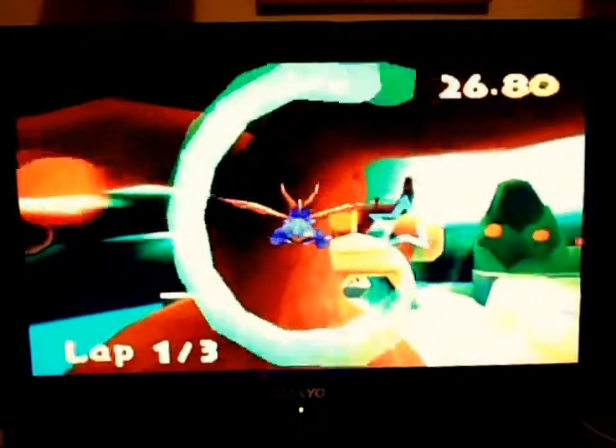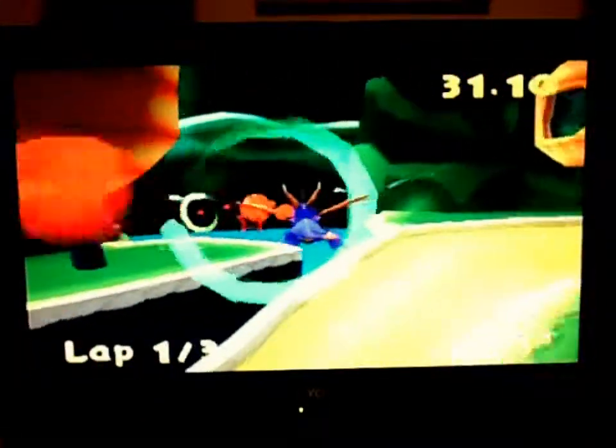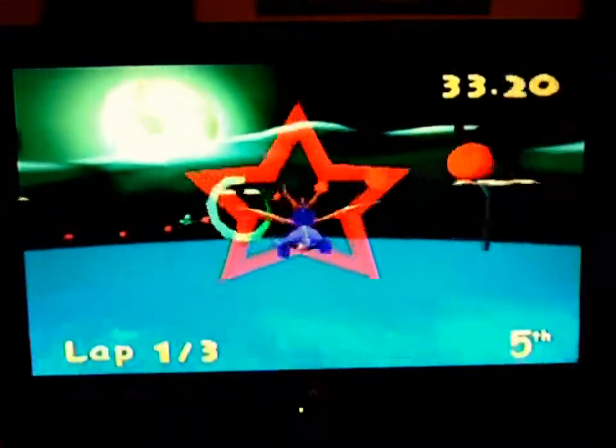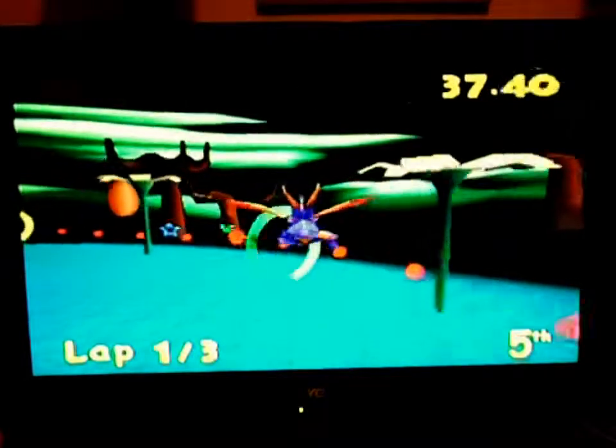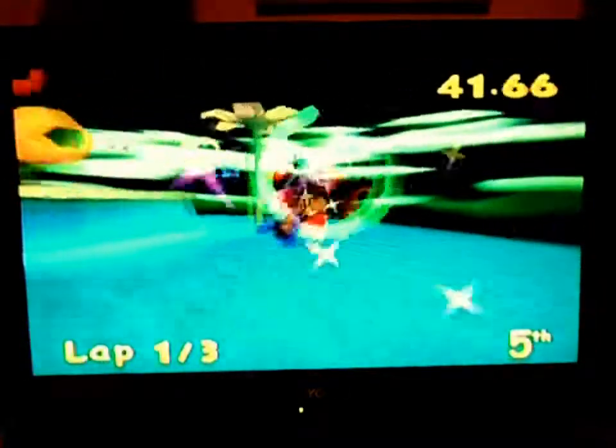It'll make that sound if you hit one of them with just your normal flame. It'll make a whap sound. It'll make a sound if you fire a rocket and hit them, and it throws them off course just for a little bit. And they do have colors. They have different colors as...